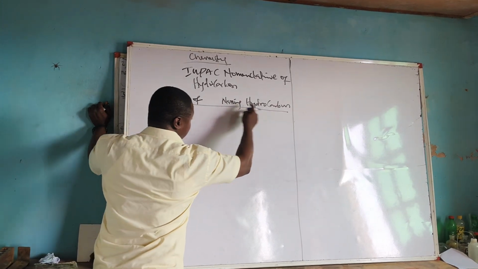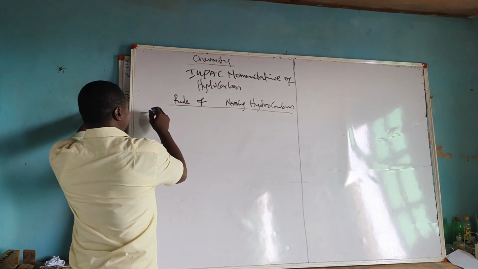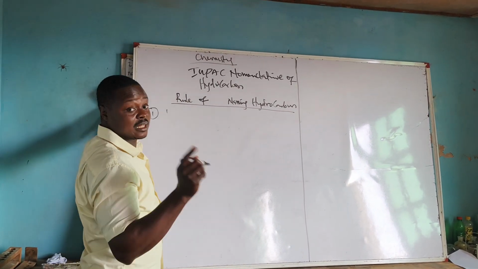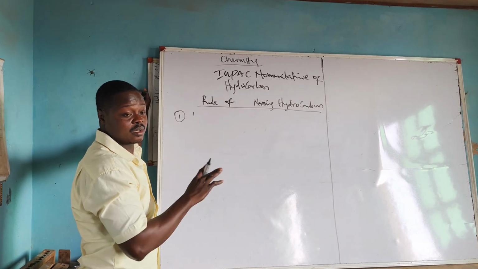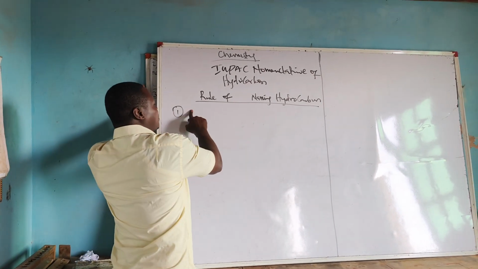Or the rules involved in naming hydrocarbons. So the first rule is you have to identify the longest chain, or what we call the parent name. So say we have a compound like this: